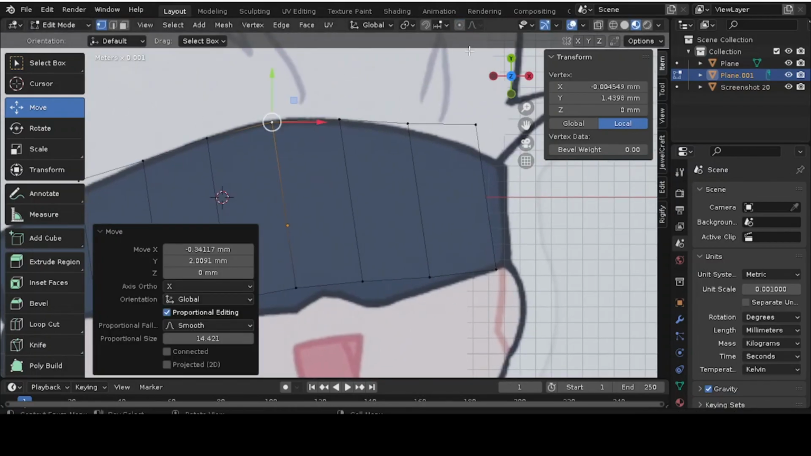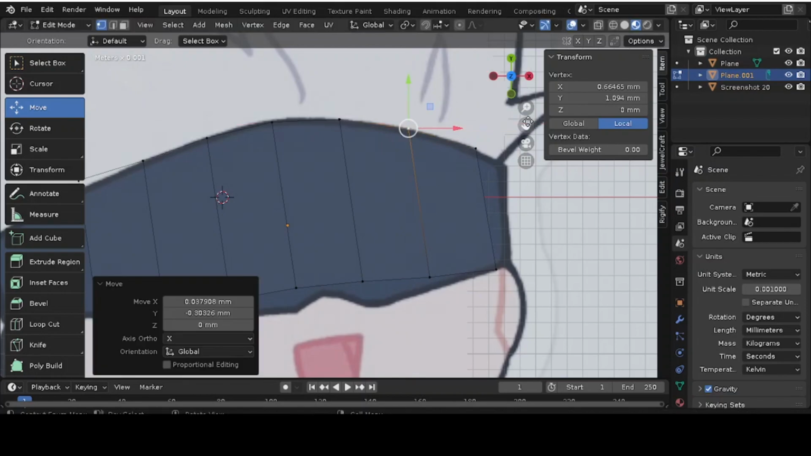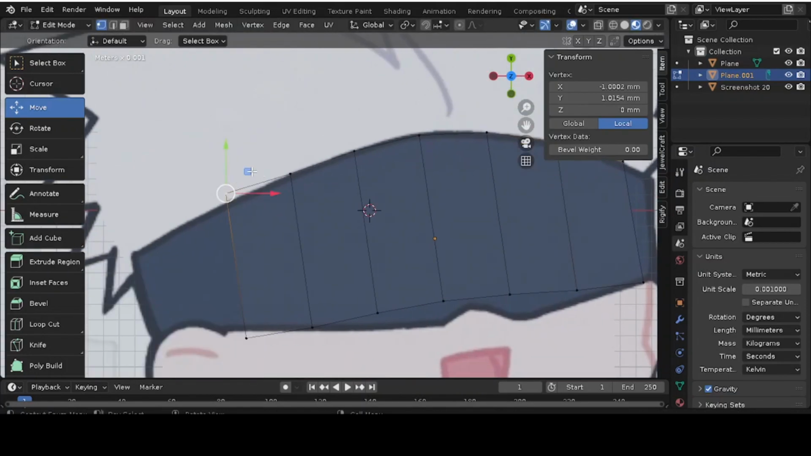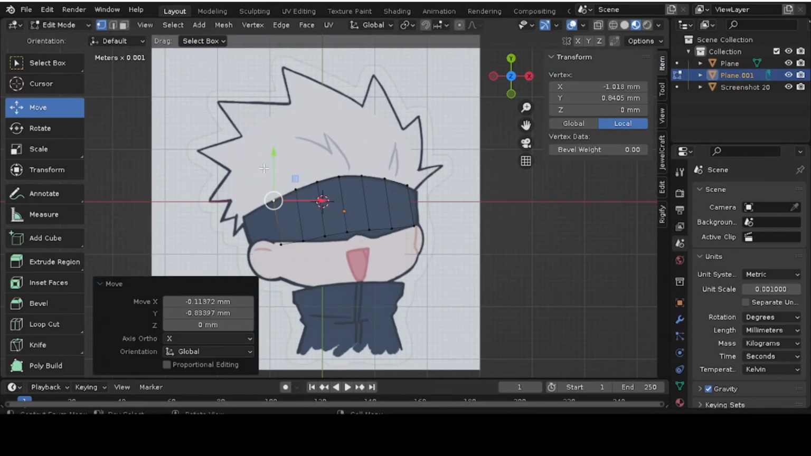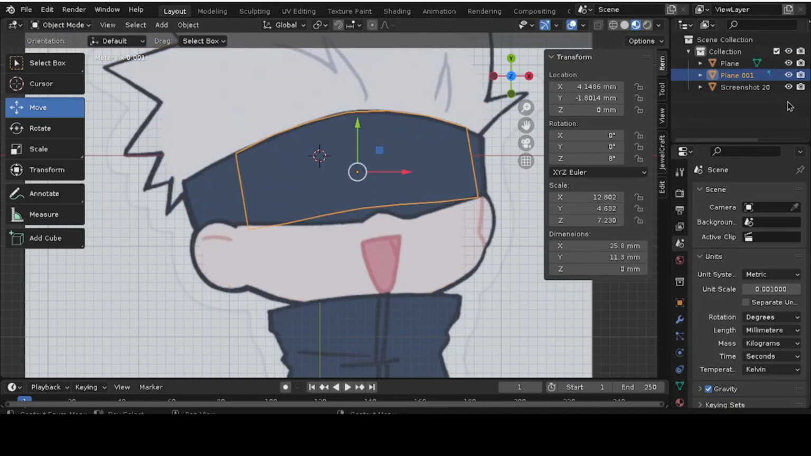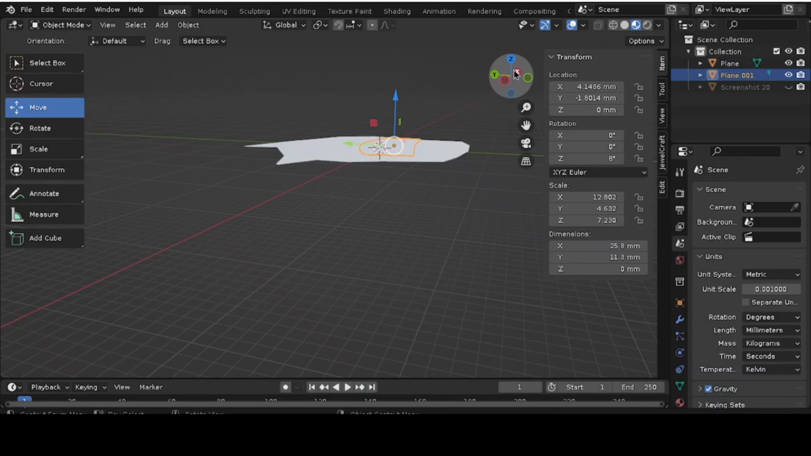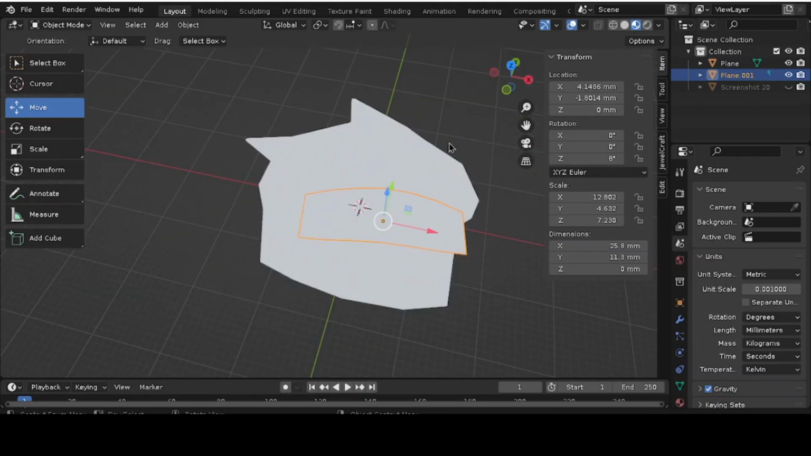I can turn off the loop. I can turn off the proportional editing, and I can just drag the points to match the curve. That's perfect, right? Okay, I'm not going to go any farther as far as dragging the points. You guys get the point, hopefully. What I will do is now remove this, and obviously this is nowhere near a perfect keychain, but what I